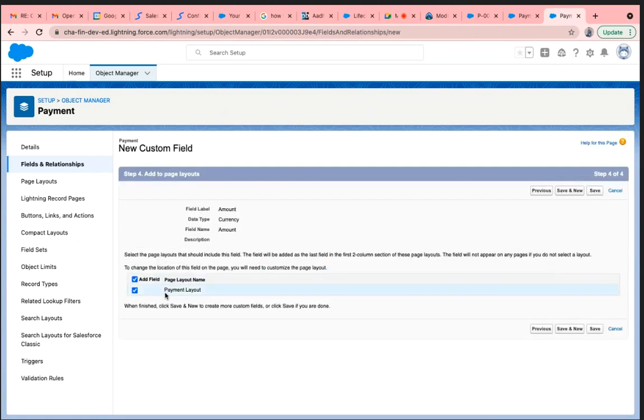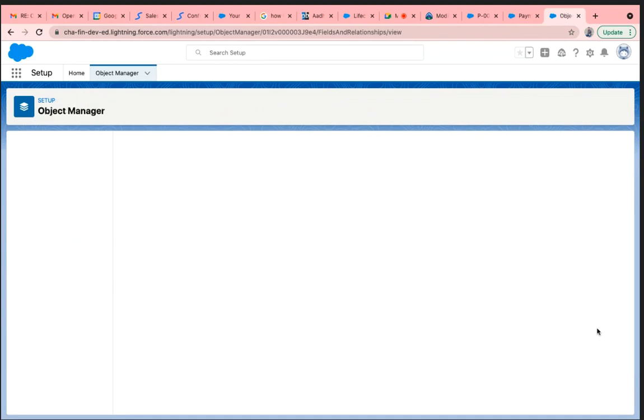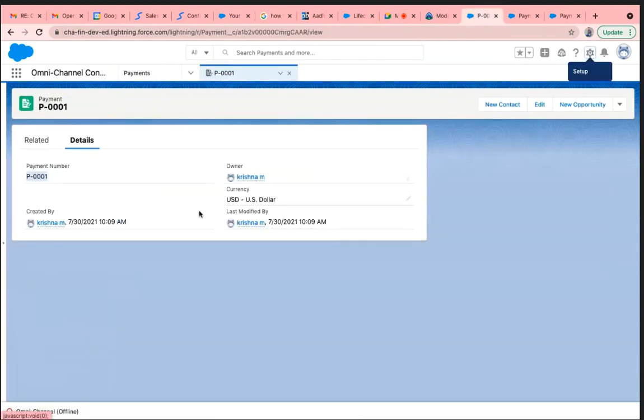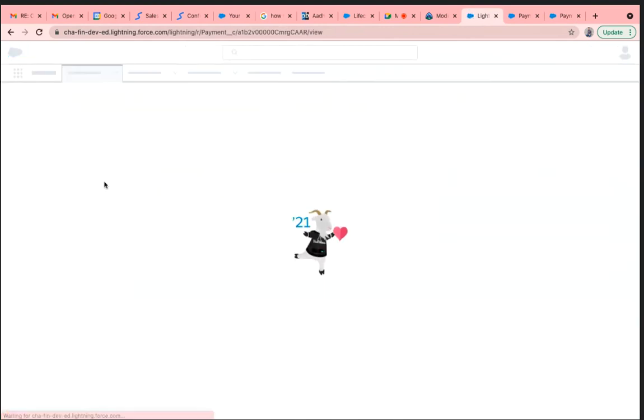Click next, and this field you are going to add to the page layout. Let me remove it, I just removed it, and I am going to save it. So I have created a field called amount, with the currency data type. But let me see here, I can refresh it whether that field has come here or not.